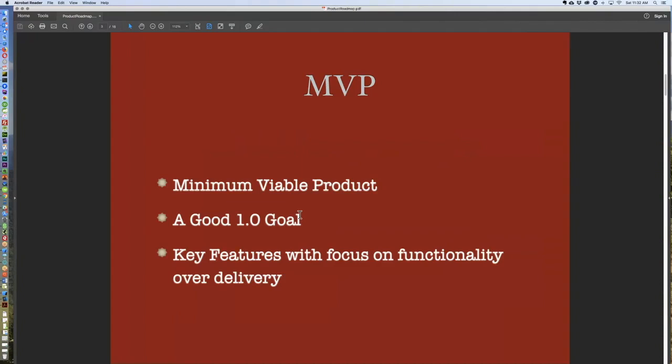You can call it whatever you want, but really this is your first full release out. It may have essentially passed a beta. You may want to call 1.0 actually a beta as well. That's a different topic. With your 1.0, an MVP, or minimum viable product, is, I think, the best thing to shoot for,